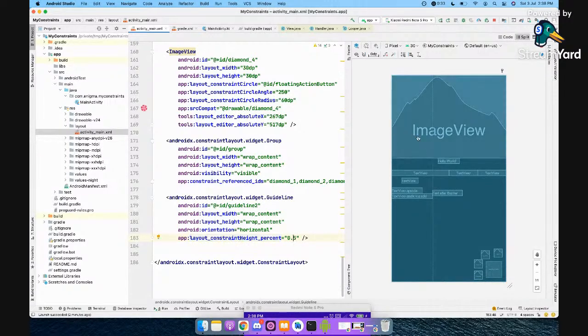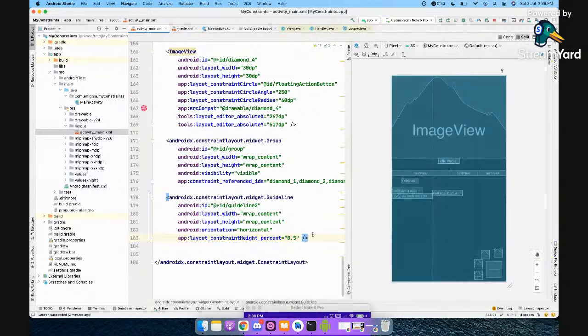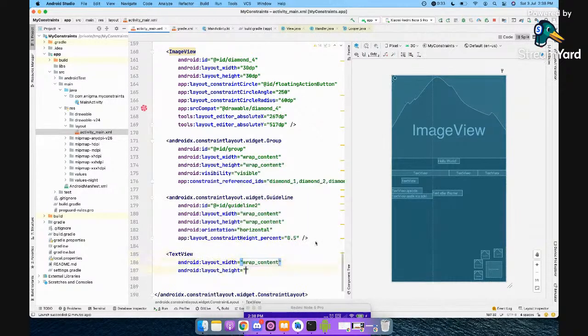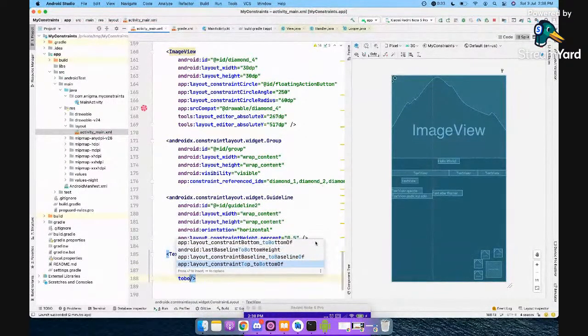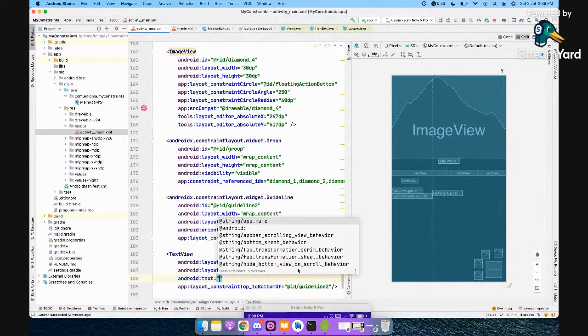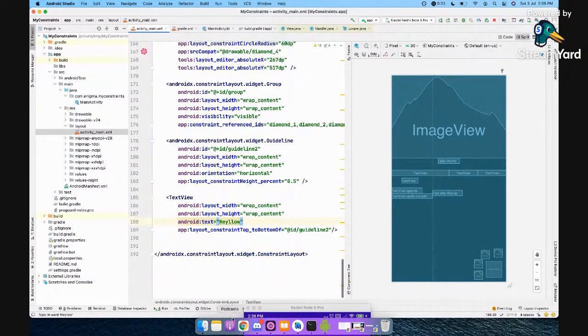Again, you can set these guidelines at one particular thing. I'll have to check again what you have to exactly set here, but that's what guideline is. So whichever your new group is, text view, let's say, to center it with reference to guideline, you'll just say top to bottom of this particular guideline, right? And it will place it just below that guideline, or you can do it on top of it, whichever you want. The barrier and guideline are similar things, kind of, but not exactly.